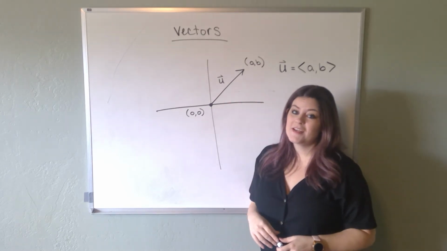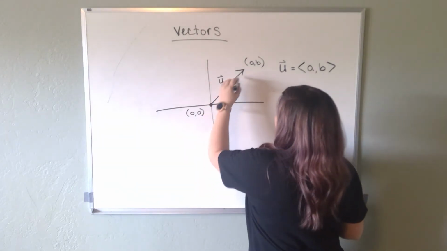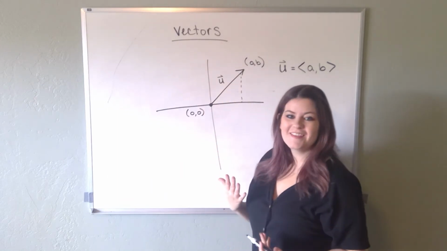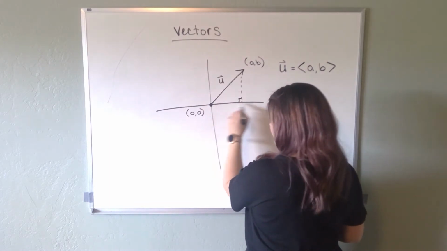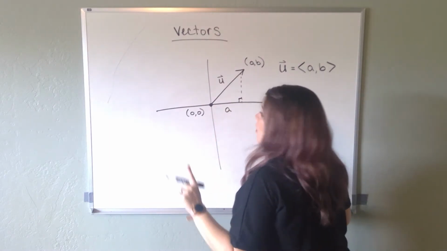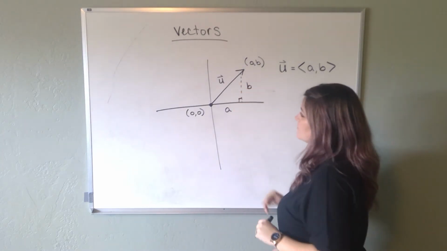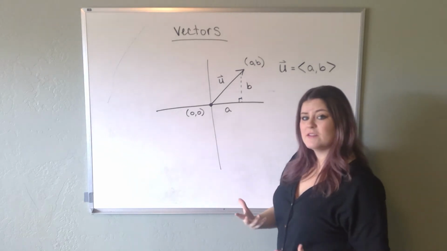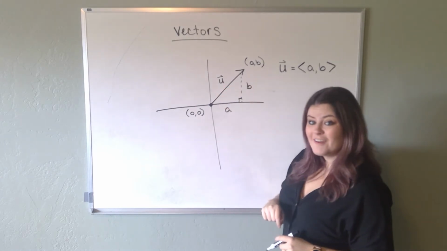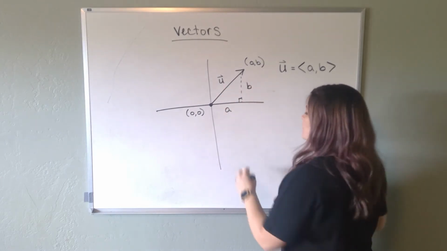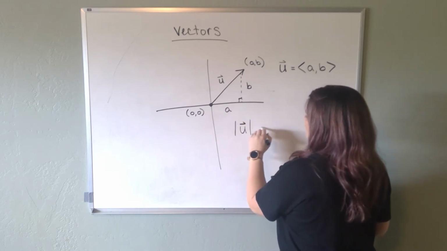Now, I've got this vector sitting here, and I want to know the distance between these 2 points. And you guys, we have done this so many times in different forms. But let's do it again. We drop down the line. We see the right triangle. I know that the distance across here is A, and I know that the distance up and down is B. What's the distance or the magnitude that I'm looking for? Well, just like x, y, and r, or using the Pythagorean theorem, the distance there, what I'm going to call the magnitude of u,